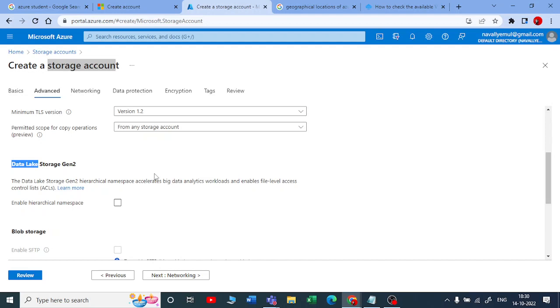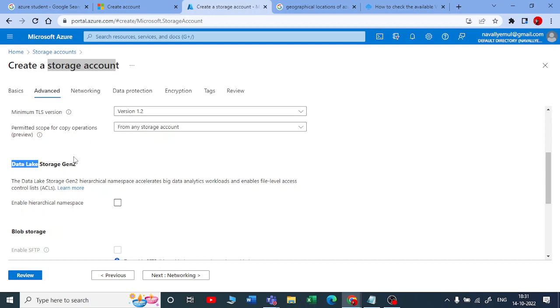It is open source. It is free of cost. I mean, it is very cheap compared to data warehousing. When you want to set up a data lake inside the storage account, you need to click on this enable hierarchical namespace. Just in case you have not provided this, you will end up getting a storage account, but that will be your blob storage.